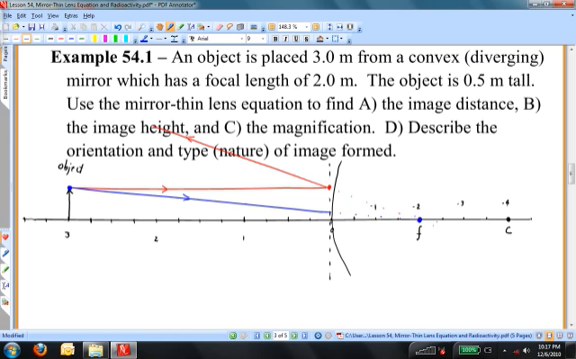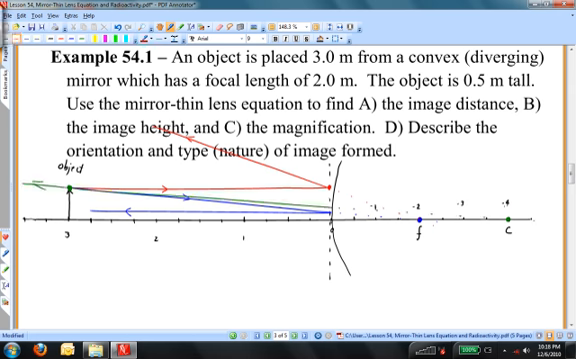So there's the incident ray. The reflected ray is parallel to the principal axis. Ray number 3 leaves the top of the object and travels as if it were going through the center of curvature, but it doesn't make it to the center of curvature. It hits the reflecting plane of the mirror first, and when it does, it hits at normal incidence and it